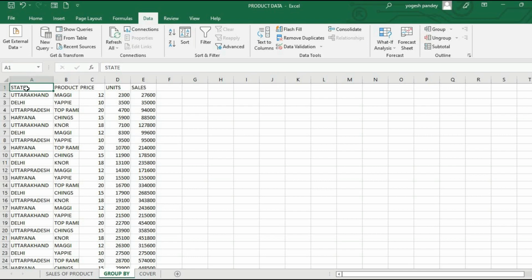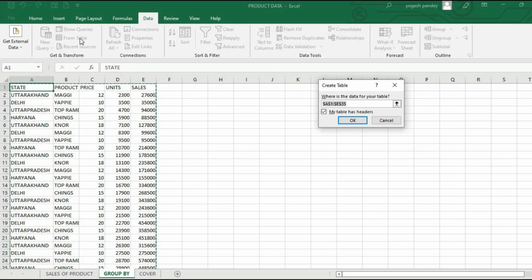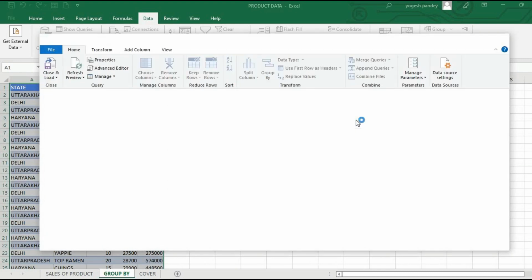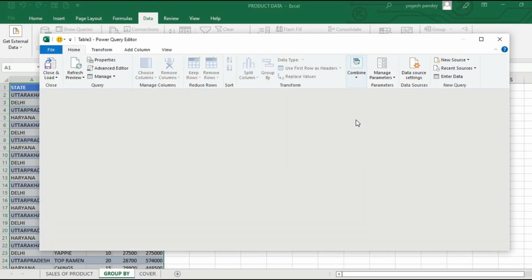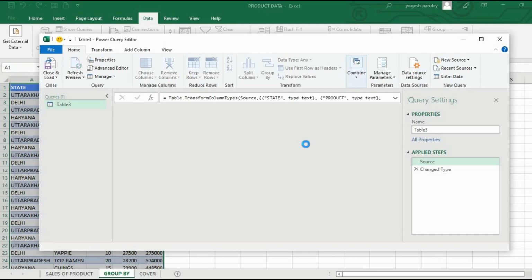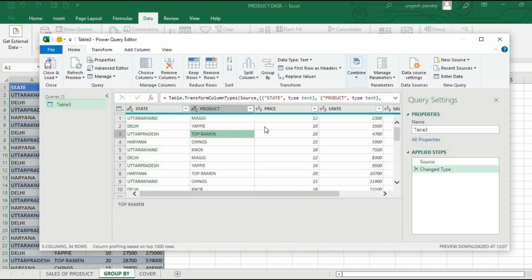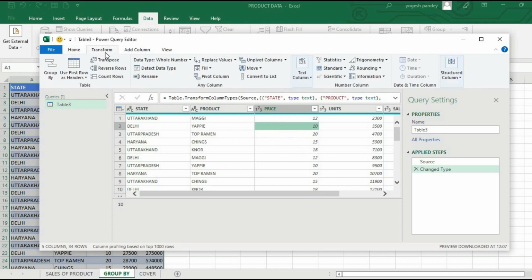We will go here to the data, go to the Data tab, and from Table/Range we will convert this into a range. From Table, my table has headers, and press OK. Now our Power Query Editor will open, and in this Power Query Editor we have the data here. So how can we do that? In the Transform tab we have Group By here. If we click on that,